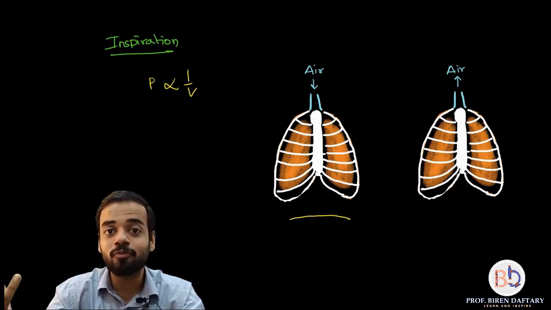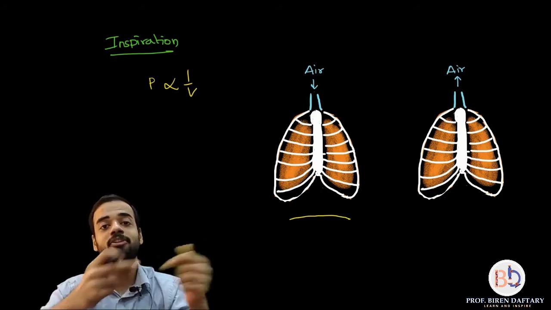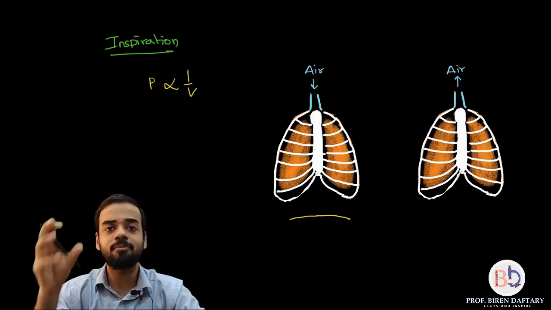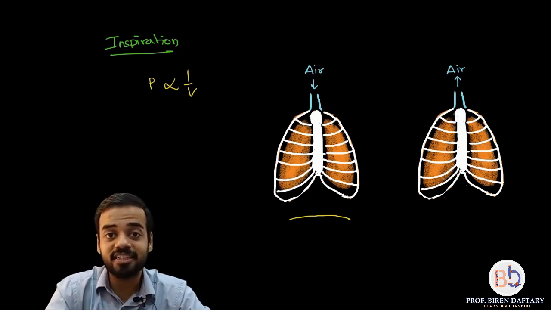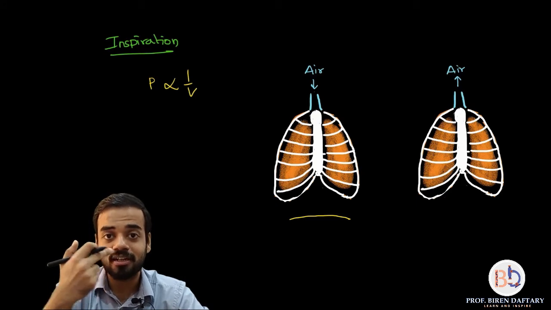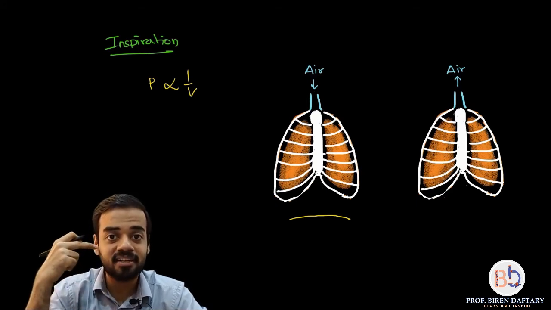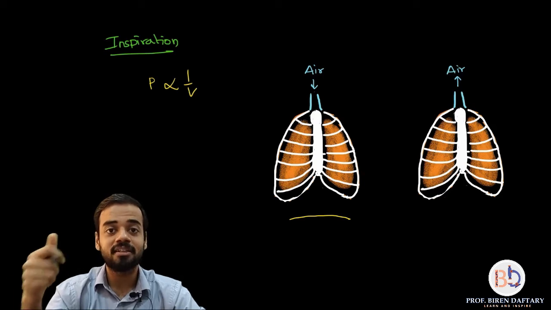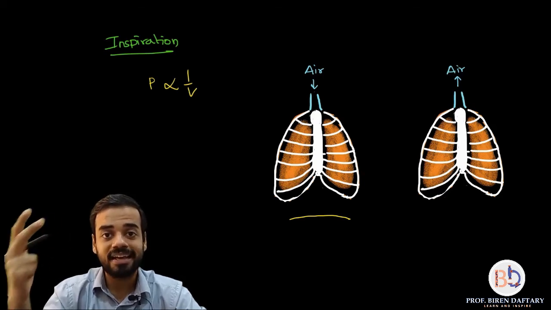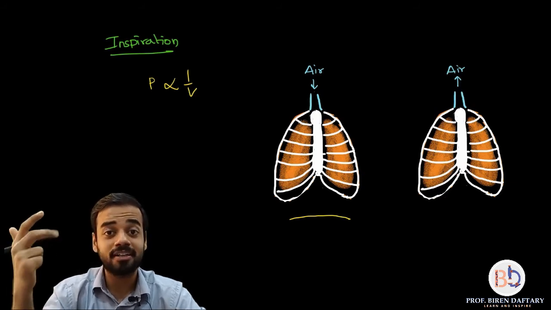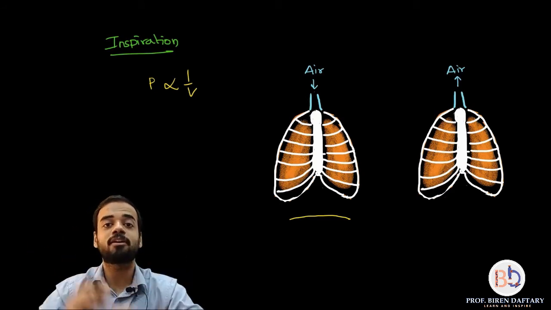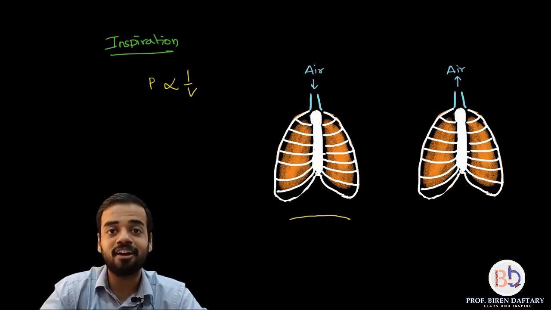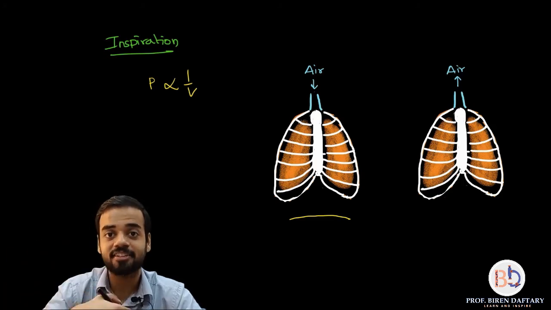So air will move from where to where? It will obviously move from higher pressure to lower pressure. It is just like diffusion. Any molecule will move from higher concentration to lower concentration. So the air will rush into the external nares or the nostrils, travel through the nasal chamber, internal nares. Then can you remember the parts? Nasopharynx, oropharynx, laryngopharynx, larynx, trachea, primary bronchi, secondary bronchi, tertiary bronchi, bronchioles, finally the alveoli, and each alveolus will fill up like a balloon. So are you understanding why the air is coming inside the respiratory tract?